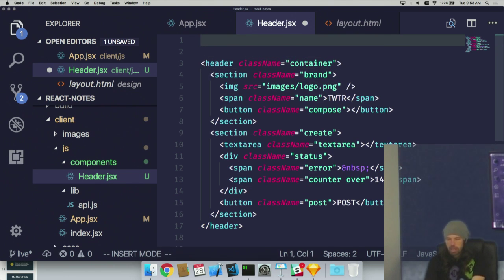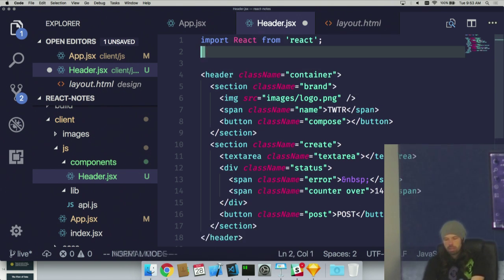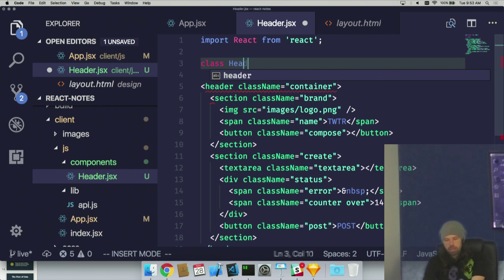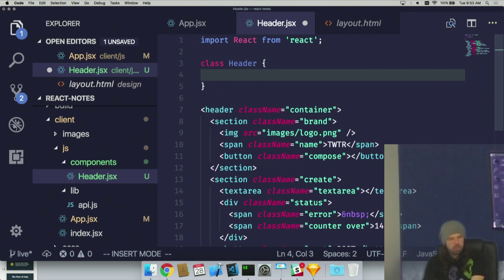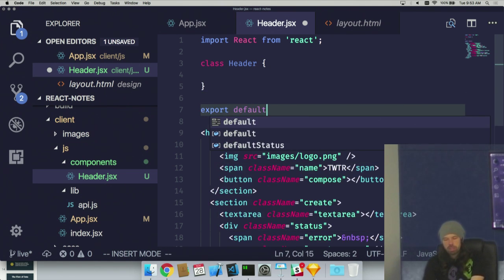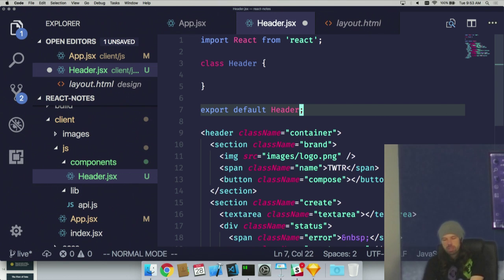I'm going to start by importing React from the React library itself. Class Header, that's going to be my new component, called Header. Export default Header. You'll notice that we're using this